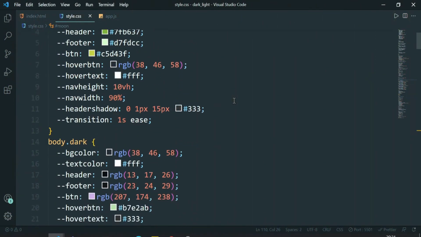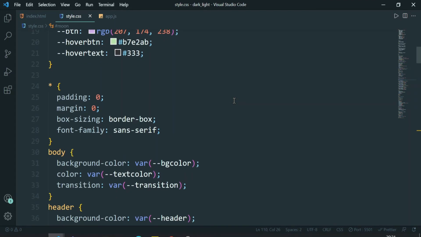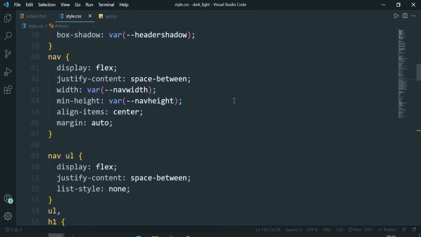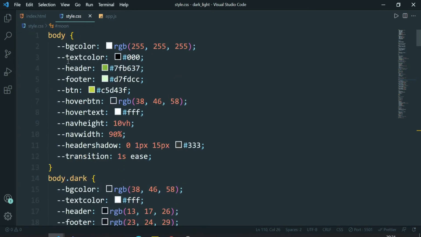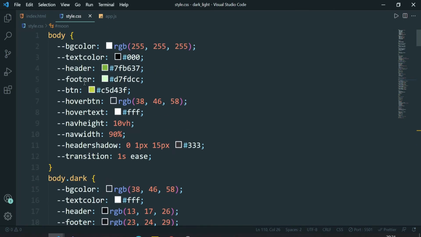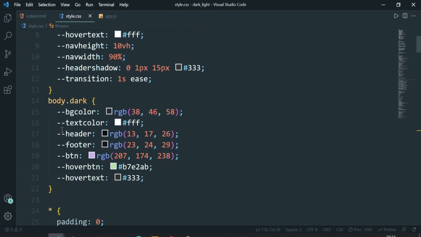So we are good to go with our HTML, and now I have opened my CSS file, and in the CSS file we have a bunch of code. Let me explain everything so that you can learn what the use of CSS variables is. Right now we have two declarations of our variables. The first is just for body, and the second one is for body which has a class name of dark.